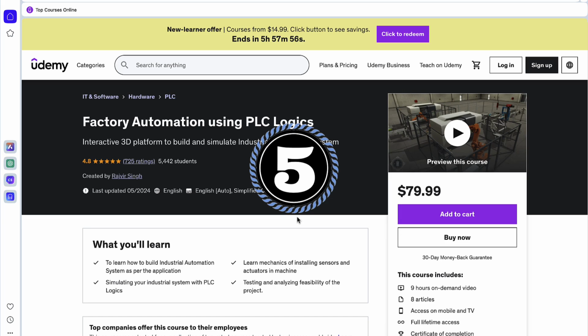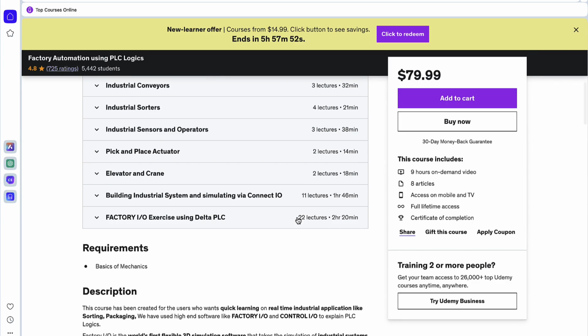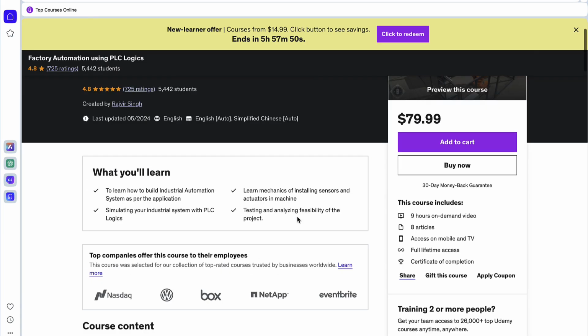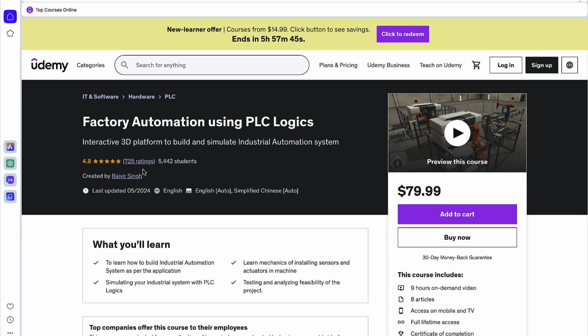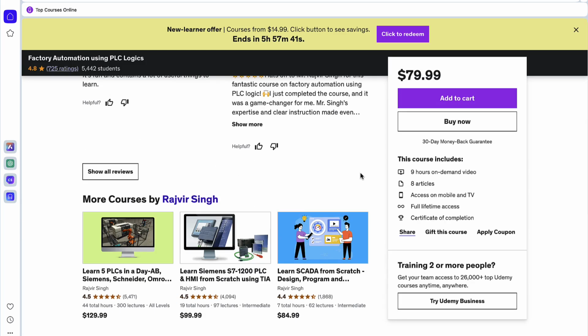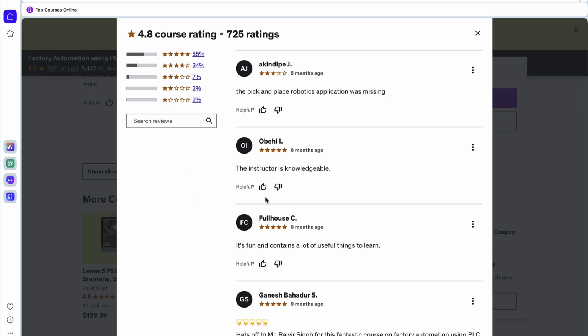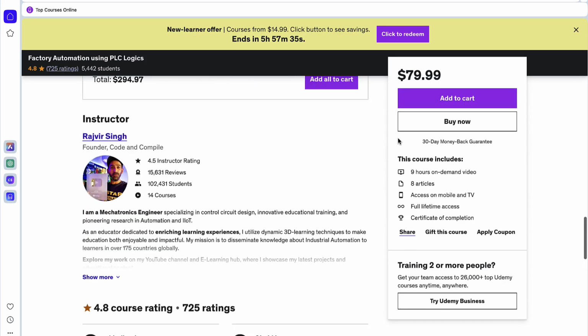Last but not least, we have Factory Automation Using PLC Logics. Explore the principles of factory automation with PLC logic, learning how to design and implement control systems for various industrial applications. In conclusion, these 5 Udemy PLC courses offer a wealth of knowledge and practical skills for anyone interested in